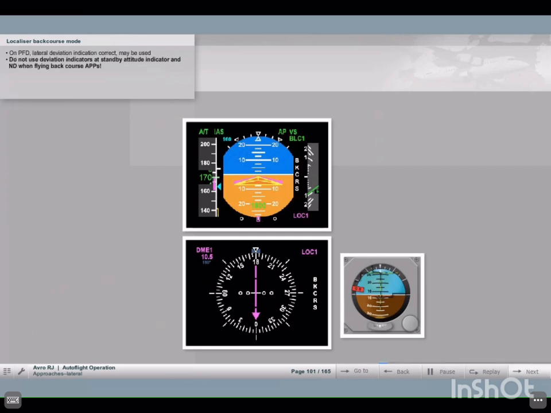If the localizer back course approach is flown, coupled to the flight director and/or autopilot, lateral deviation indication on the PFD is in the correct sense and may be used. Do not use the lateral deviation indicators on the standby